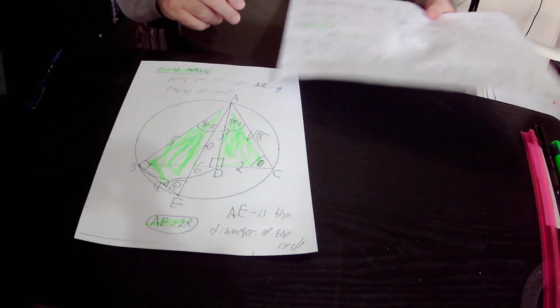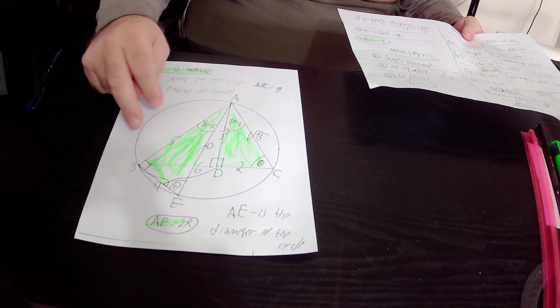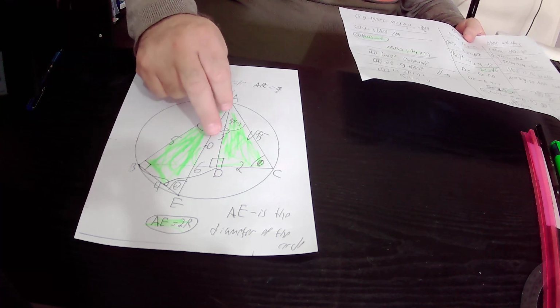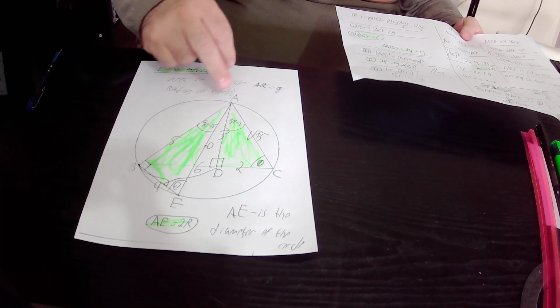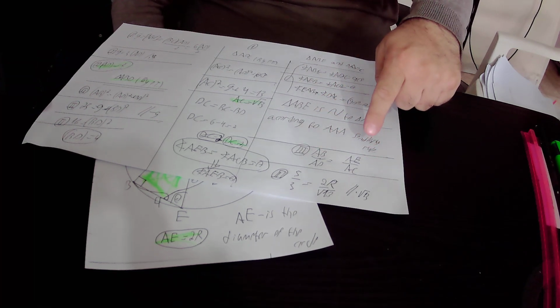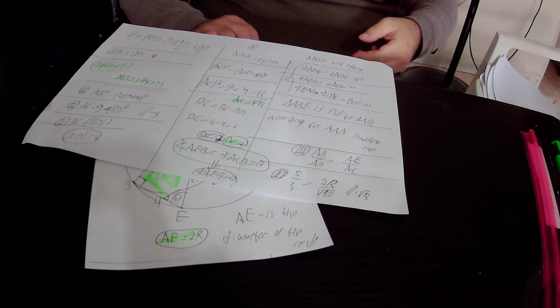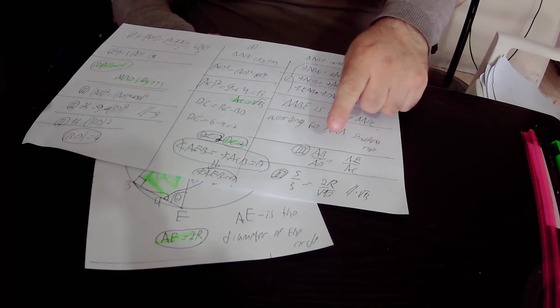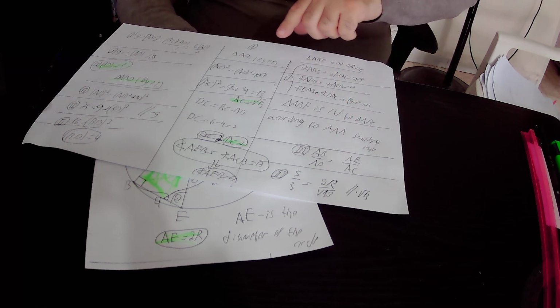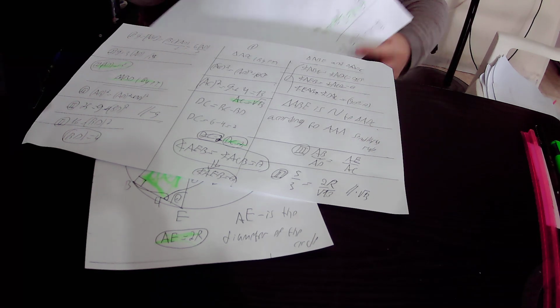And from the fact that those two triangles are similar, we derive that AB over AD equals AE over AC. AB is 5, AD is 3, AE is 2 times capital R, the diameter of the circle, and AC equals square root of 13 units. So we get 5 over 3 equals 2R over square root of 13 units. We multiply this equation by square root of 13 units, and we find out that